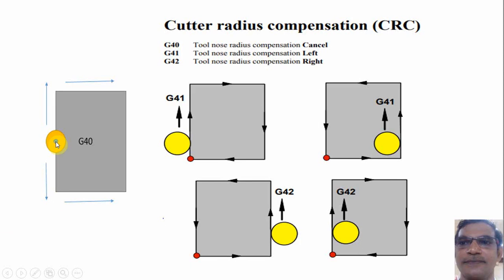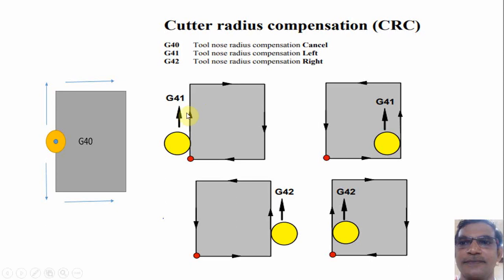If the cutter size is 10 mm diameter, when we are moving the cutter to the next point, 5 mm on the right side and 5 mm on the left side, extra material will be removed. At that time we are not maintaining the dimension, we are simply creating the profile. Simply we are moving the cutter to the next points, that's all.